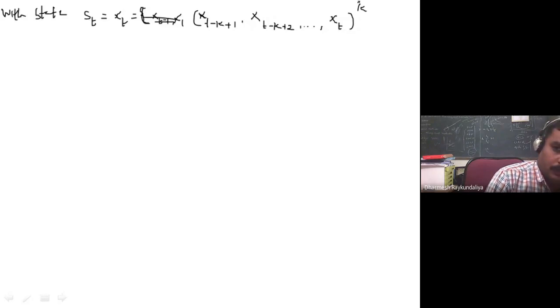Not the k, here it is t. It is a transpose.